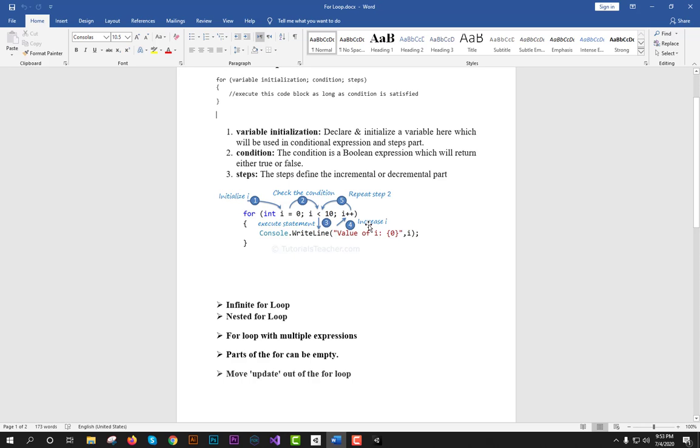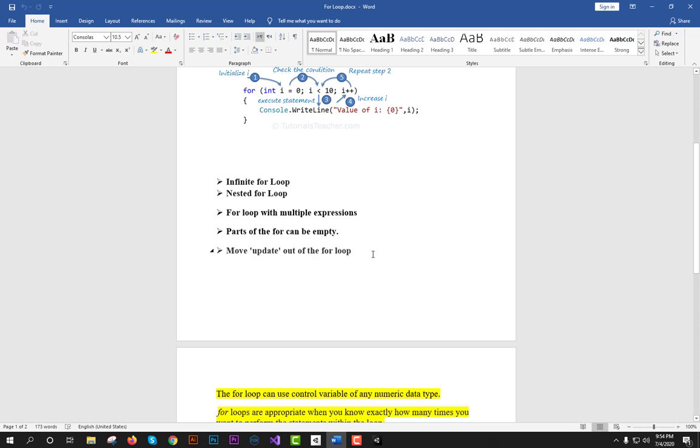Means the first thing will be initialization, the second will be condition checking, the third will be execution of the body, and after execution of the body the increment or decrement will be executed. So this is the flow of the for loop.